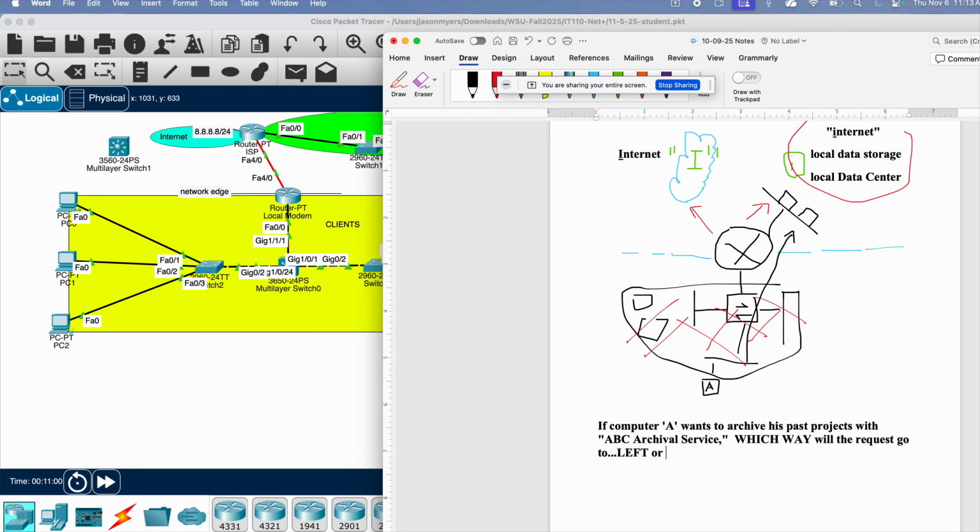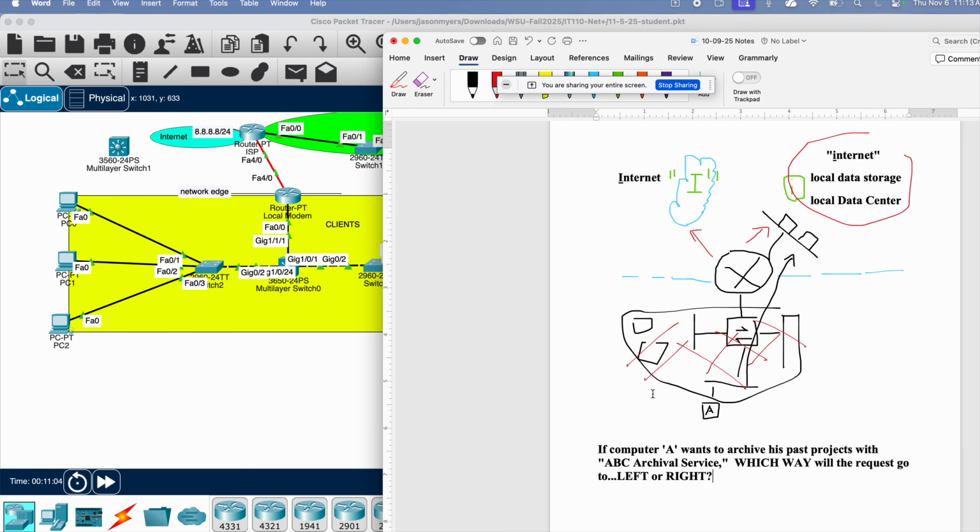Left or right? It'll go right. Well, I said this is local storage, local data center, and it was only for core things